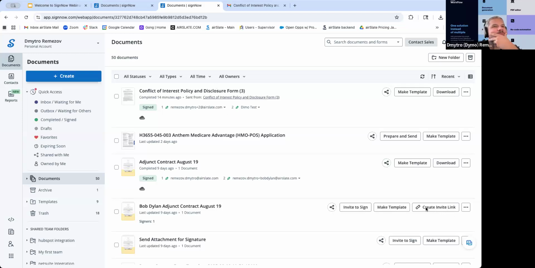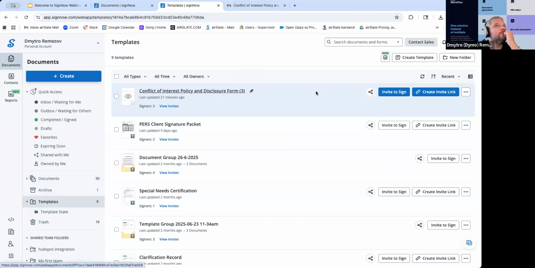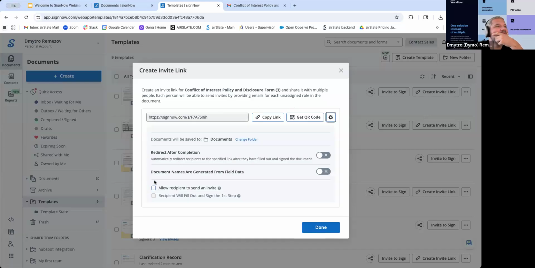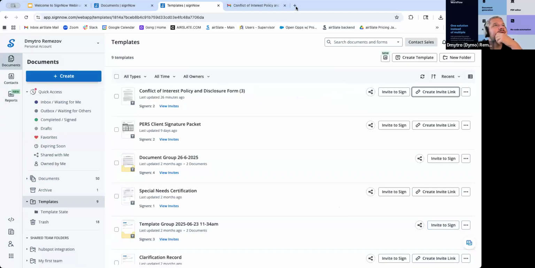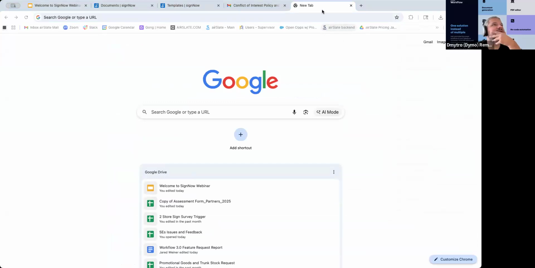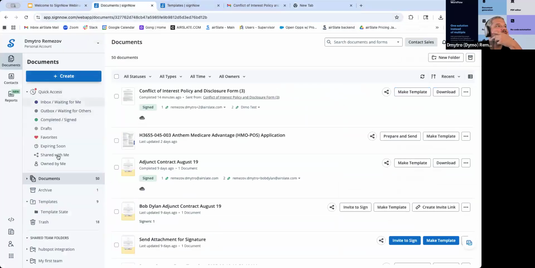Okay, so yeah, when we use an invite link, it's not shown until it's actually opened. Let me see. Okay, here is a template that we just added. And if we go and enter create invite link, allow recipient, okay, no, copy, redirect information, okay, and if we open the copy link, and if we enter that, let me try to open, we will see. I opened it now in the incognito mode of my browser. Let's see how it looks. So if we go back to the documents,